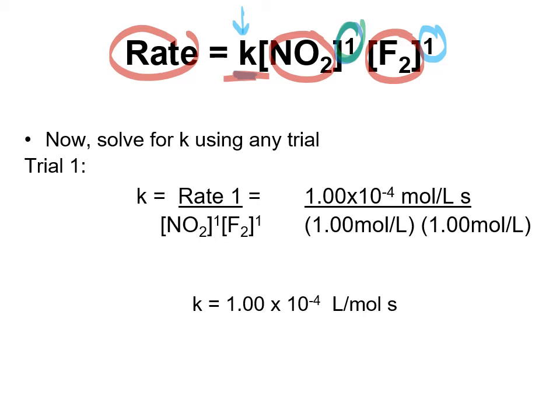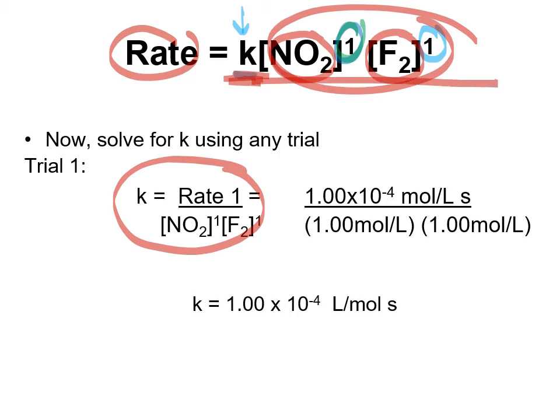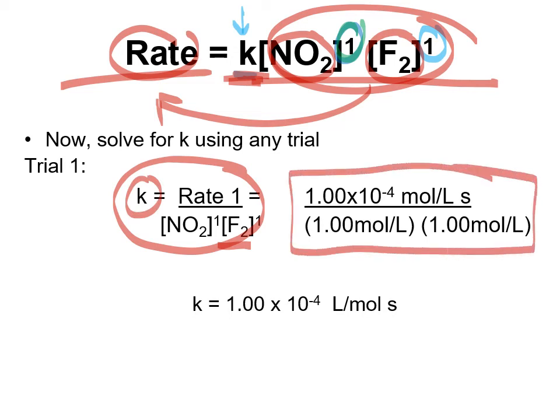Now, take a look at what we're doing here. So here's our one equation. I've rearranged for k: I've taken this side of the reaction and divided both sides, so essentially I put it over here. So rate over NO2 to the power of 1 multiplied by F2 to the exponent 1 is equal to k. And then I have plugged in the numbers and say, okay, my rate for the first trial